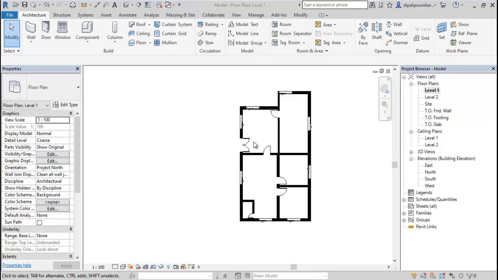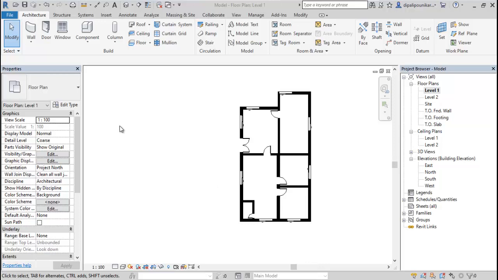Now what we are going to do is, first of all, provide the staircase. And remember one thing, guys: for building information modeling, it is very essential to understand the Revit software, because Revit helps to identify the quantity takeoff, which I am going to provide at the end of the video. So you need to watch the video till the end.